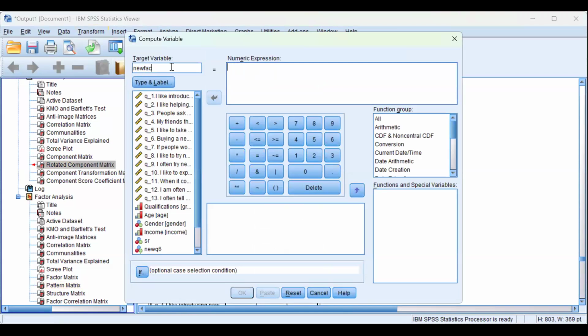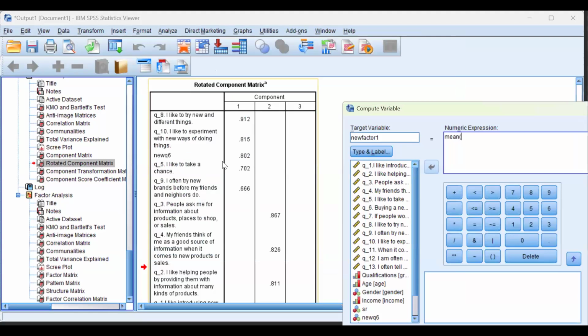I'm calculating the means now. Mean factor 1. Here the mean will be of whatever items you put here, you will put these items only. 8, 10, 5, 9. 8, 10, 5, 9, right? So I'll put under factor 1,